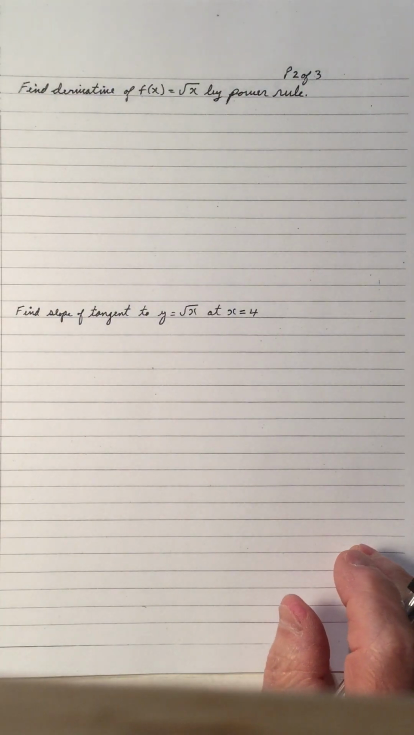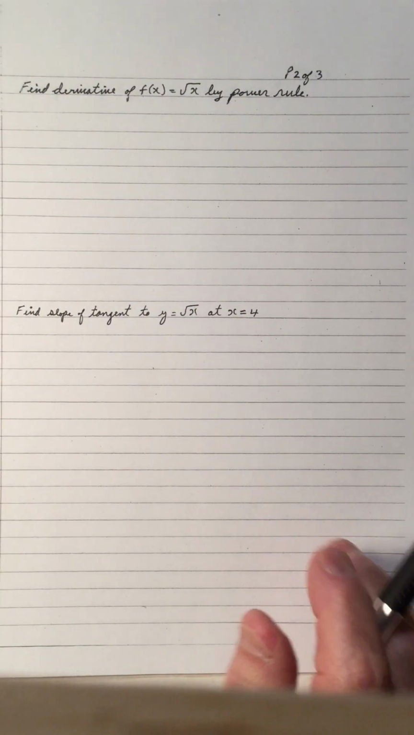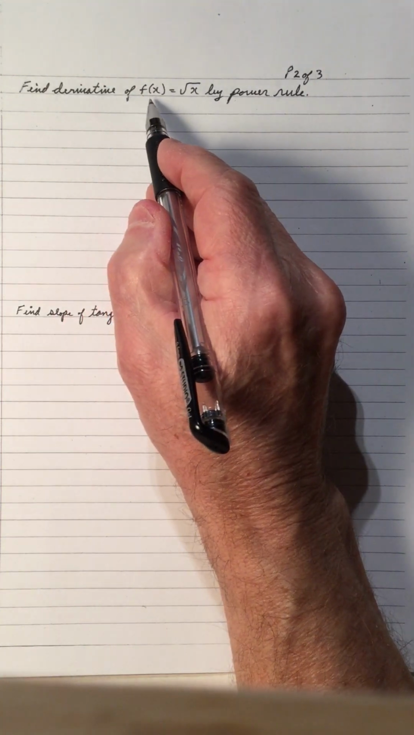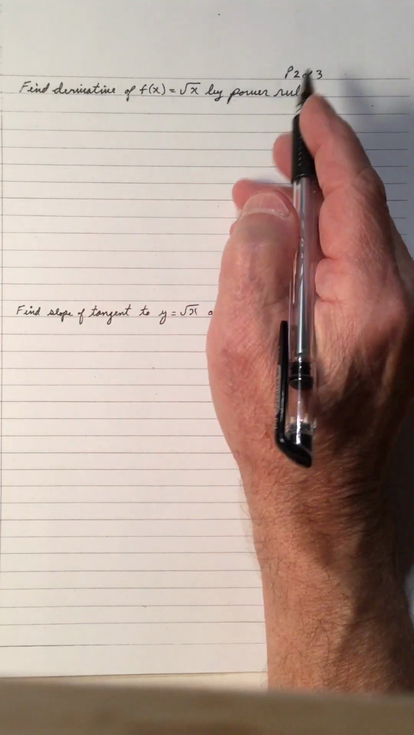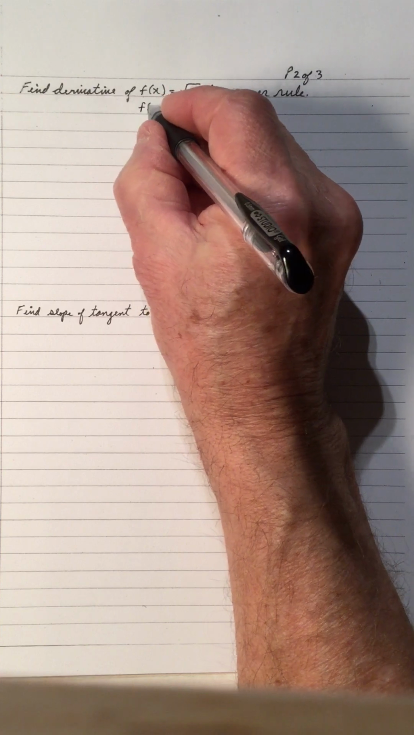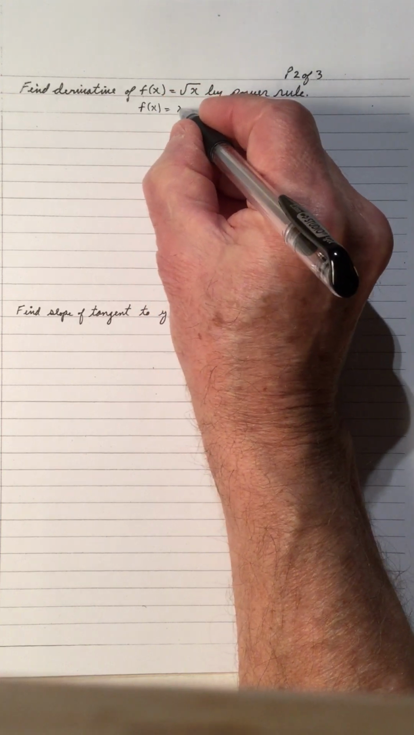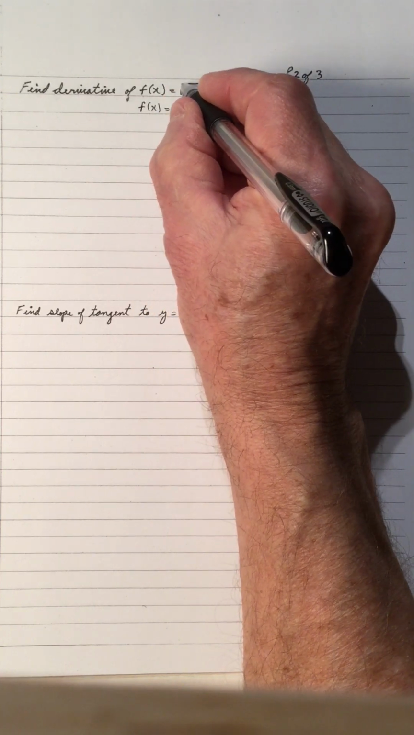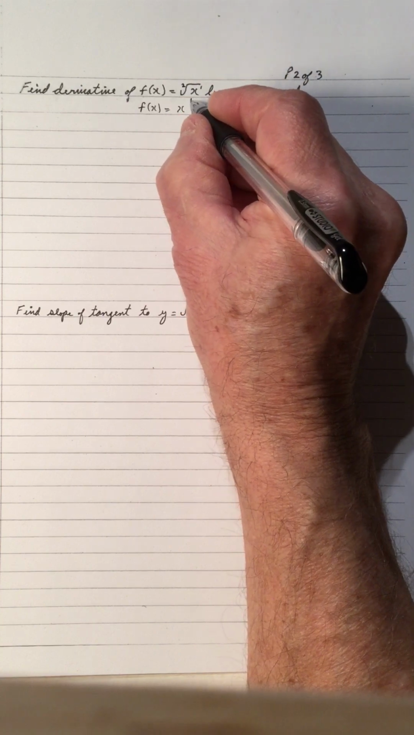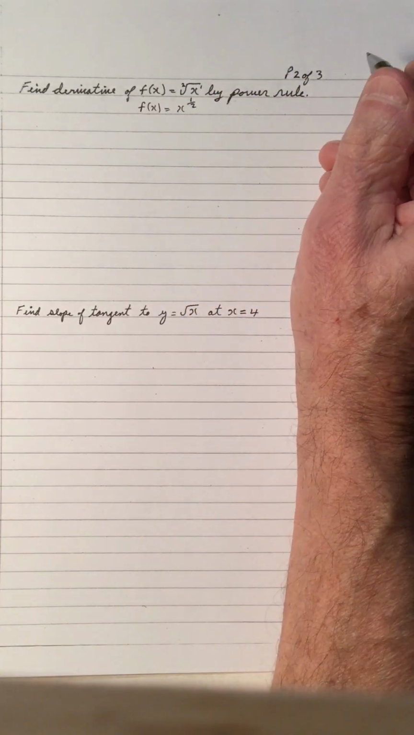In the previous video I found the derivative by definition, which is the limit definition. Find the derivative of f of x equals root x by the power rule. Again, f of x is equal to x, and that's a 1, understood to be a 2 square root, so the square root is a half. Now the power rule